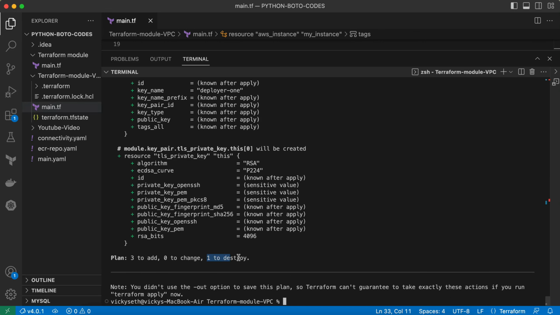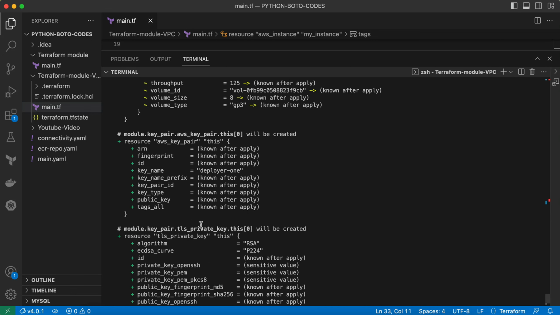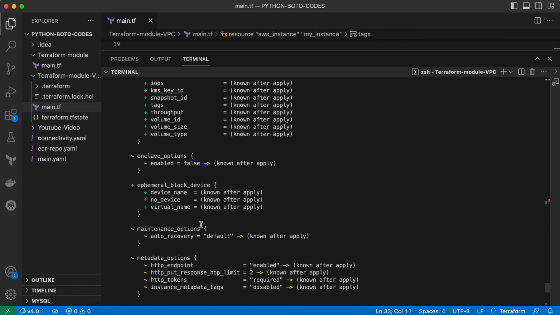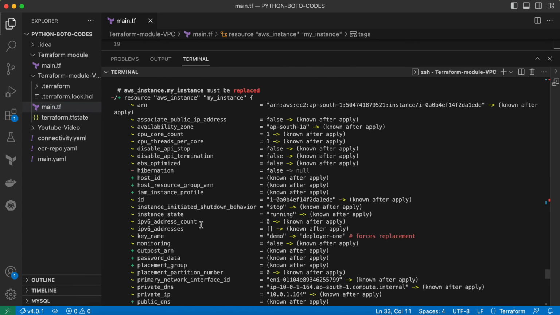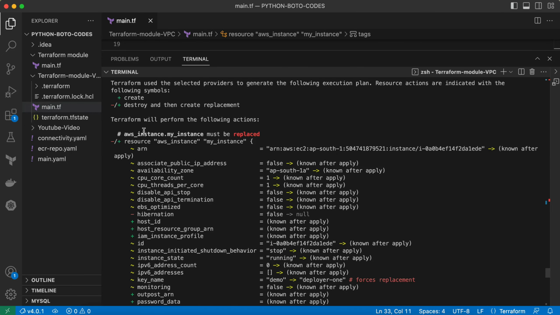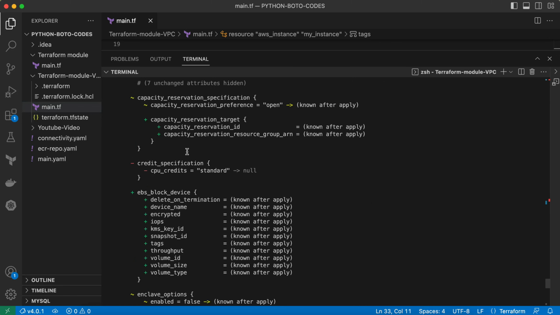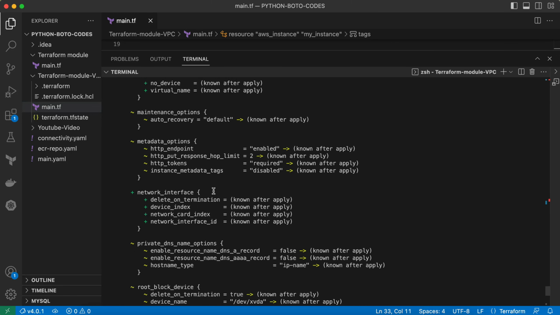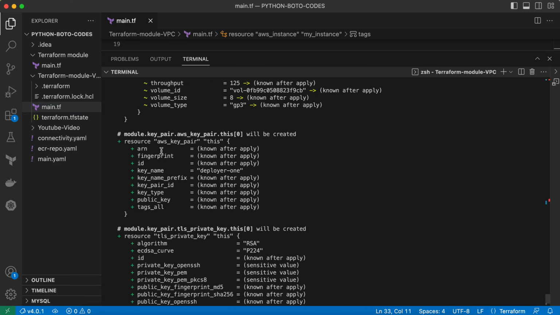Here it says 1 to destroy, 3 to add. Now what three things is it going to add? So let me scroll up a little bit. Yeah, from here. It is telling me the AWS instance, it is going to replace that. And why is it going to replace that? Because we know that the key pair is something which we attach while creating the EC2 instance. Now I'm changing it, so I need to create a new instance, right? Here you can see, if I scroll down, it is creating the key pair. This is the name, developer1,